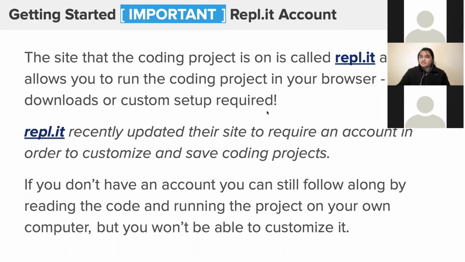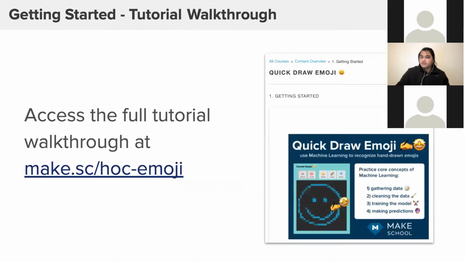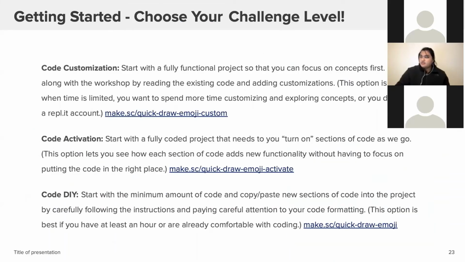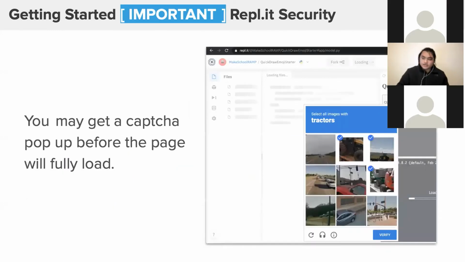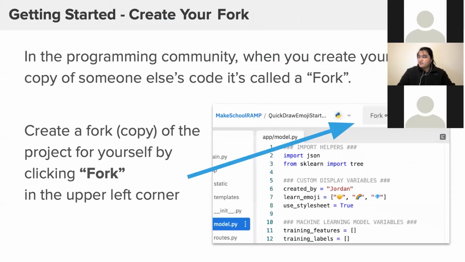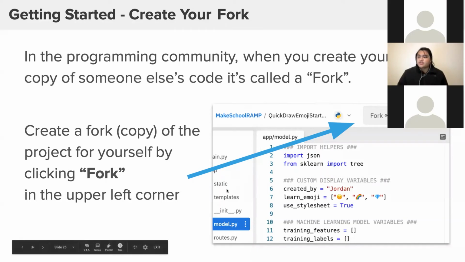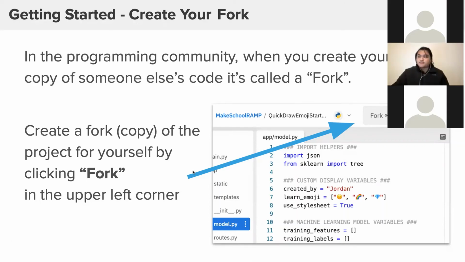But the cool thing about Replit is it's basically an online editor for you to customize code with. Okay, so just a heads up, you might get a CAPTCHA when you're creating your own account. And for those of you that don't know, always make sure if you're trying to copy code or use the code that I've given you, in the top right, usually it's in the top right or in the middle section, you will fork. Clicking fork will allow you to copy the project for yourself and add it to your account.